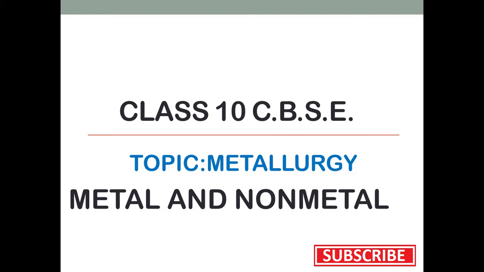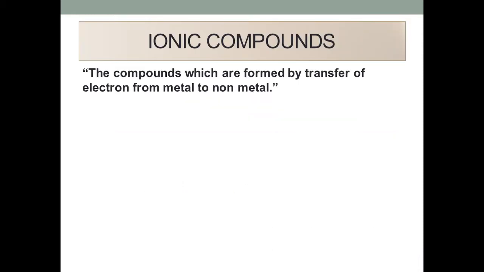So you can see here, metal and non-metal. We continue this chapter with ionic compounds. We already see these ionic compounds in our day-to-day lives. We interact with a lot of ionic compounds. For example, calcium carbonate, that is a kind of chalk which is used by your teacher in class. Sodium chloride, another salt which is common in our kitchen. That's why it's called common salt and table salt.